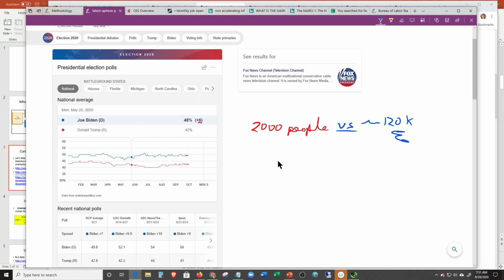So Biden has 48% of people saying they're going to vote for him, but this is at plus or minus 5% at 90% confidence. All right. So there's no overlap, though, of course, these presidential election surveys have,